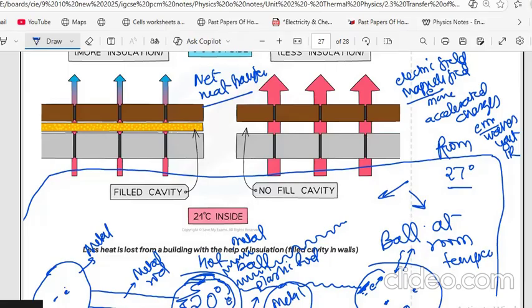If it is hot here, there will be more. It won't be net zero, because there is more from this side and less from this side. So what is happening is there's a net heat transfer, and the vibrations of this will increase, the electrons will increase, and gradually this will become hot. Now I'm only talking of radiation, but heat transfer takes place through three mechanisms: radiation, conduction, and